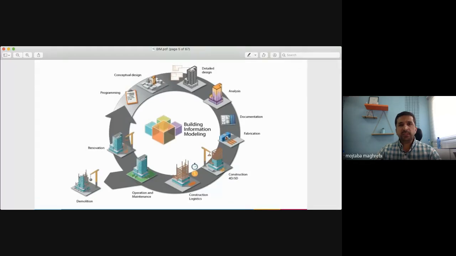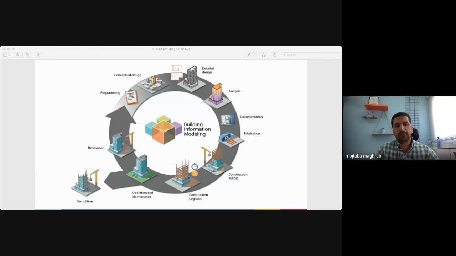So maybe you could ask, on which stage of a project could we use BIM?